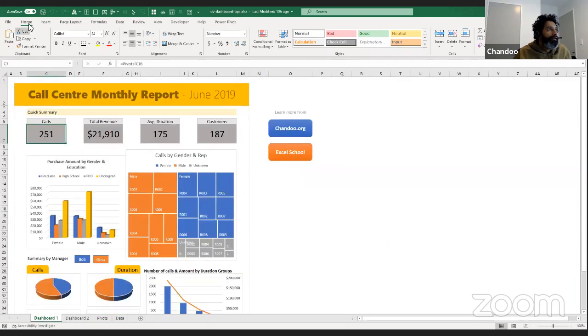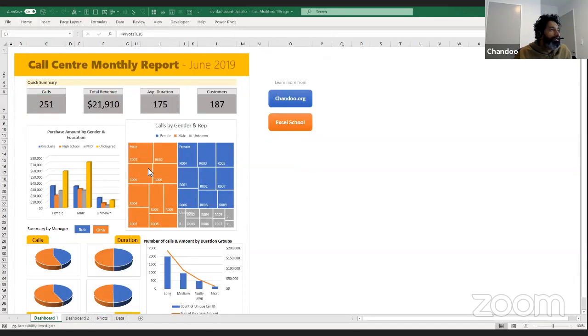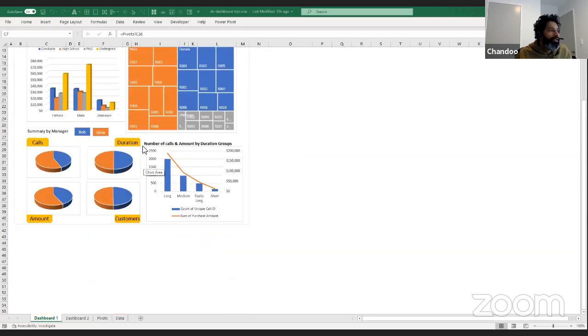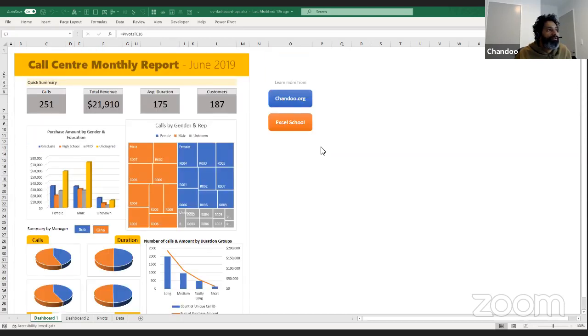So these are the dashboards, and we have on the left the very first one. These are all live things, and most of them are built through pivot table based construction. So there is an underlying pivot table for that.